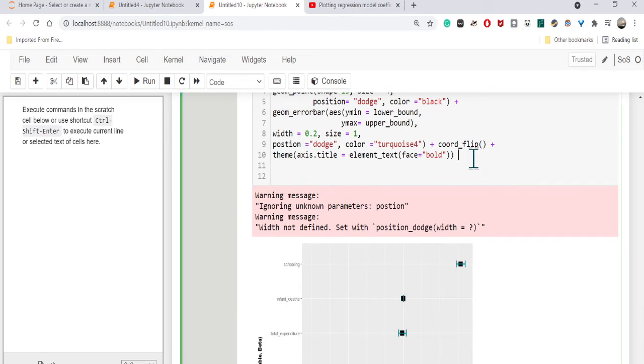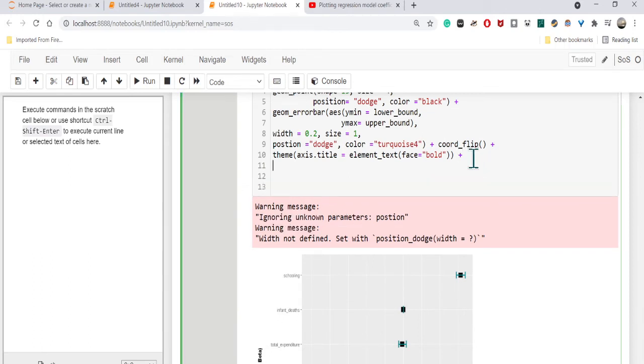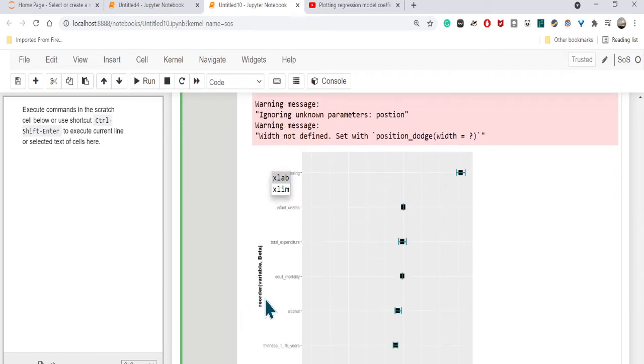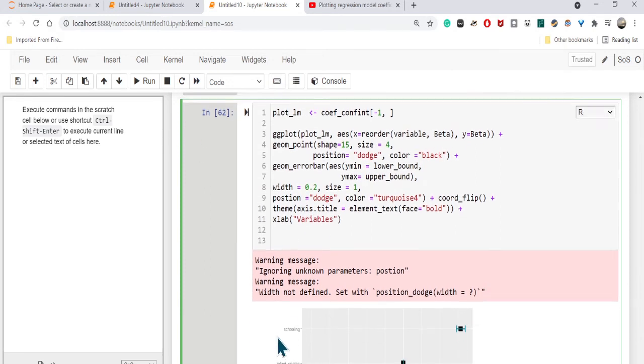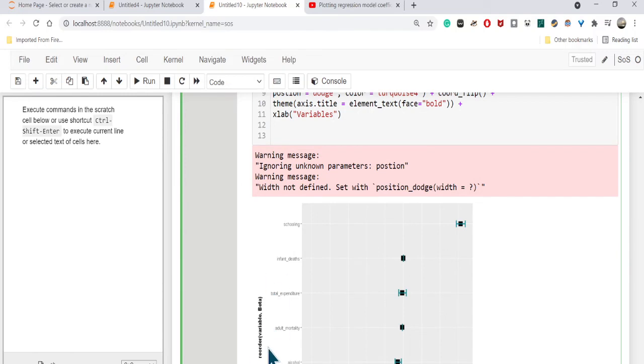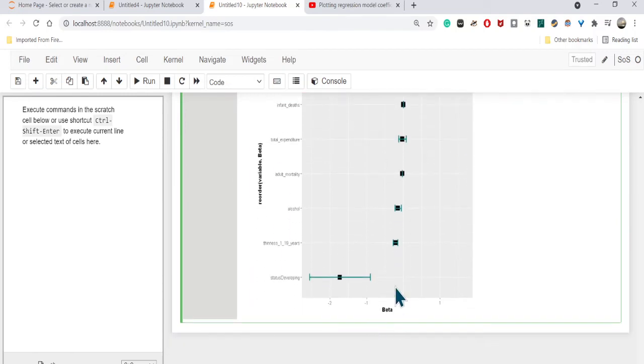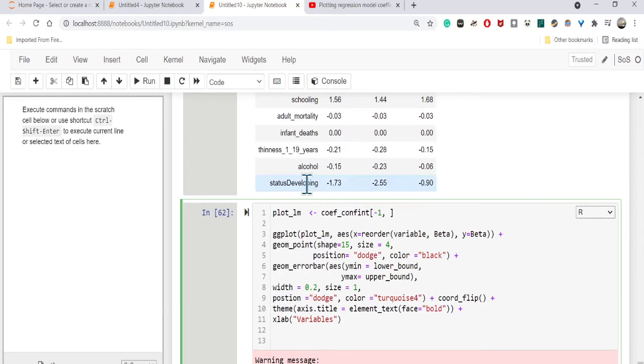That is it. The next one, let me add xlab because I want to change the labels, because this is a reorder beta or something. I just want to change it by xlab, and that would be variables. Let's say this is the x variable, by the way. I mean, it's coming from the x variable. I mean, this one, this is the x variable, because since we flipped it,